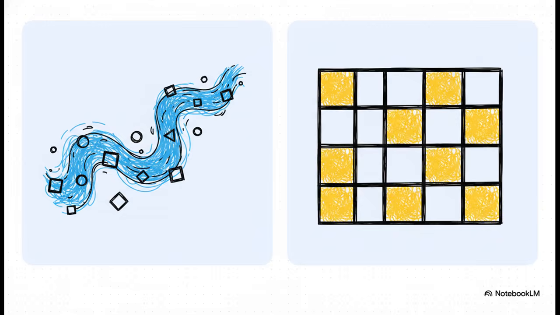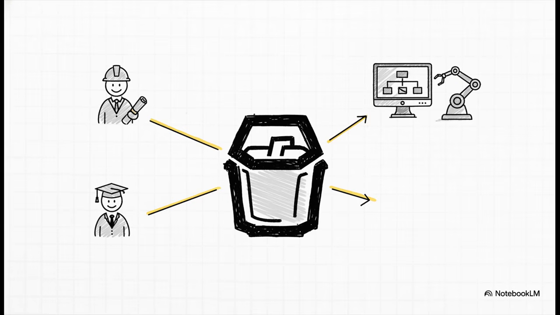a metamodel. Now, the real magic here is that when you define a metamodel, you're not just making rules for diagrams. You are literally creating a shared language for your entire organization. Suddenly, a container means the exact same thing to the brand new developer, the seasoned architect, and even to an automated script, because it has one official definition. And this,